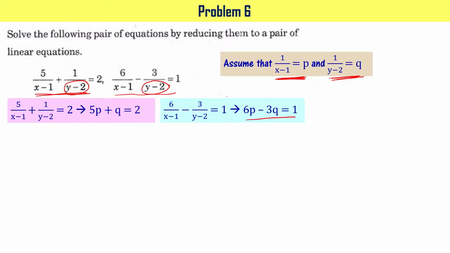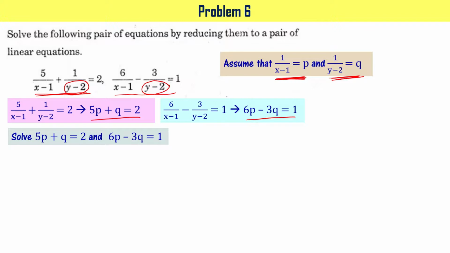If you see, these two are now linear equations in two variables. Those are p and q. The original equations are in variables x and y, whereas the linear equations now you have are in variables p and q. Let's solve these two equations now. As I said earlier, one can use any of these methods: elimination method, substitution method, or graphical method. I'm going to use the substitution method only.